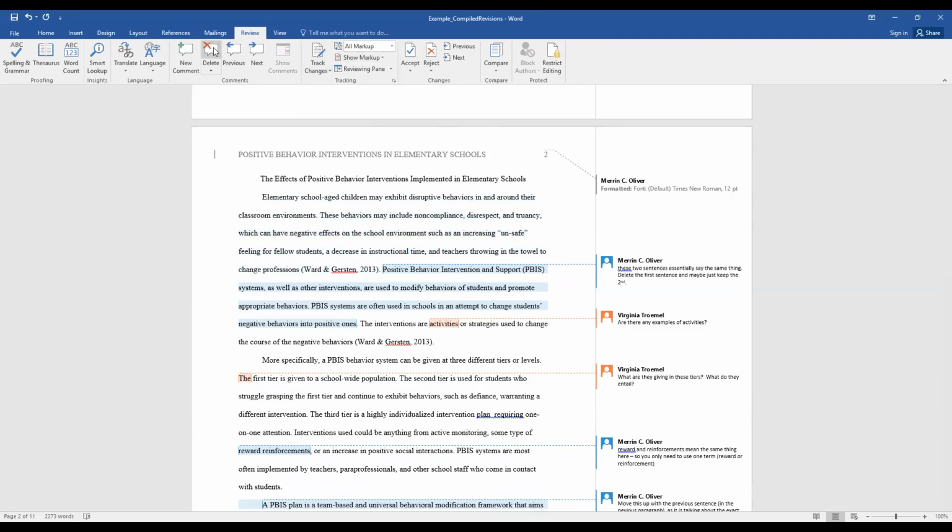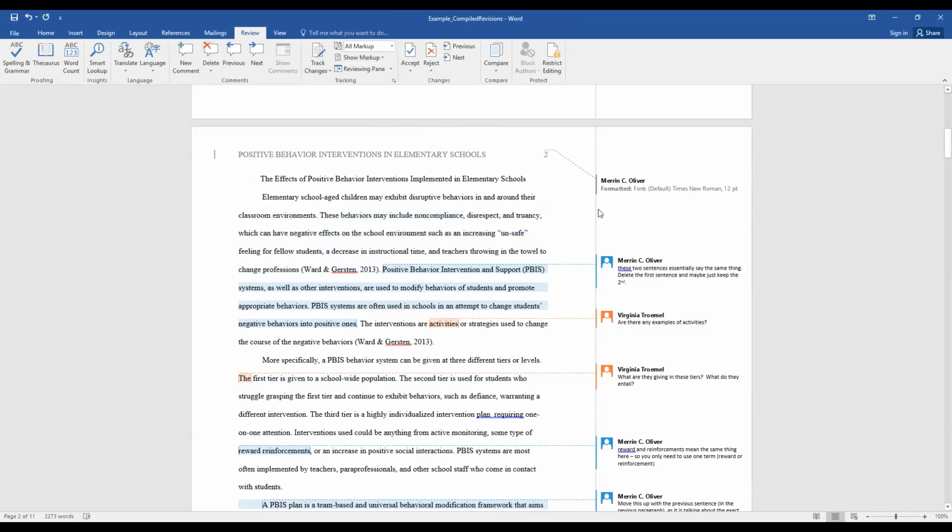Some comments might just point out something that you don't need to change, or some comments may be confusing to you and you aren't sure what to change. So ones that you can't really address, you can delete without making changes. But when I went through and reviewed all of your compiled revisions, I got rid of most of those comments that we couldn't make changes accordingly to. And so almost all of the comments that are on here are going to result in some type of change